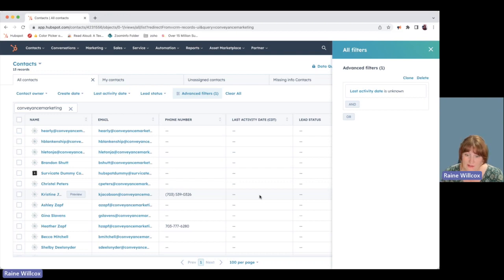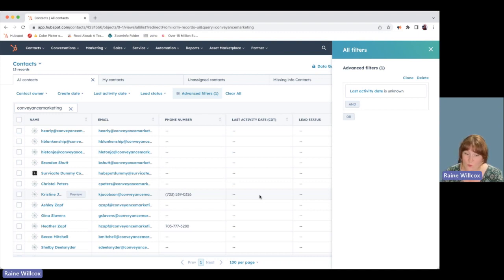Cleaning up your contacts ensures that any reporting, any emails, anything you want to send or interact with is accurate and the most up-to-date available information. It's always a good idea to look and understand what contact information is missing, where you can clean up, at least once a quarter. I like to look in once a month and kind of understand who's missing what,